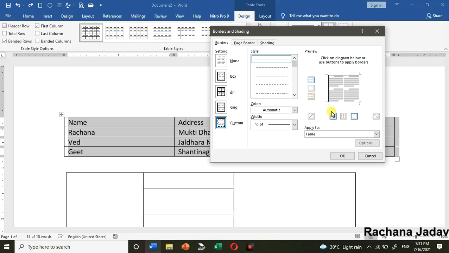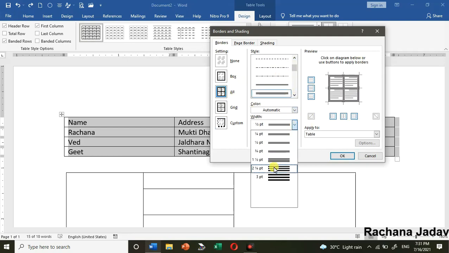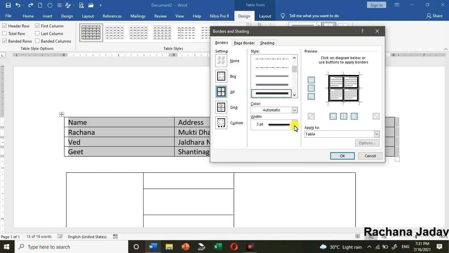Okay, so this way you can remove or you can even add it. आपको add करना है, आप add भी कर सकते हो. Middle one you want to add it, so middle one you can see now all borders are there. Okay, now the style, आपको कौन सा style चाहिए, right? Which style you wanted, that style also you can decide it by yourself. Okay, and you can also give the width, यानी उसकी thickness. Okay, the thickness also you can decide कि आपको कितनी thickness चाहिए.